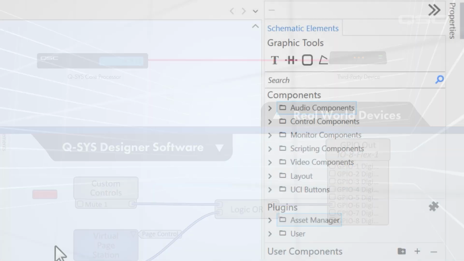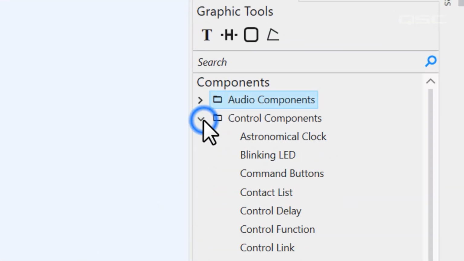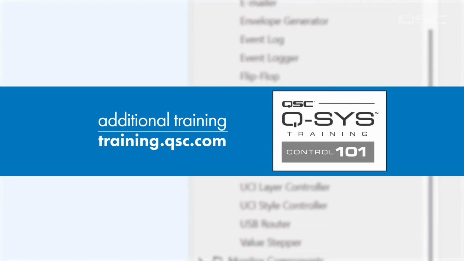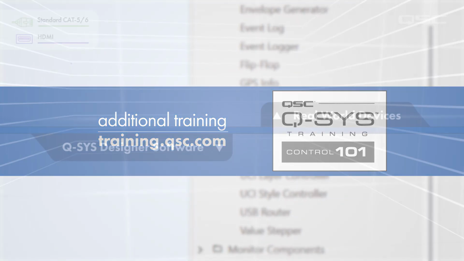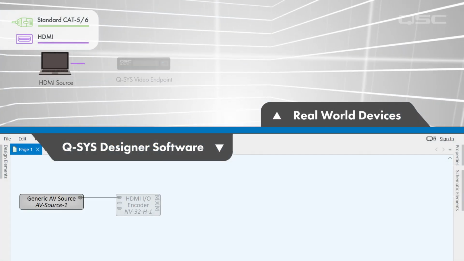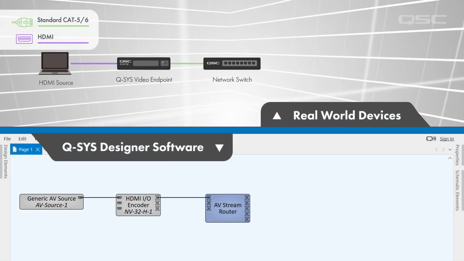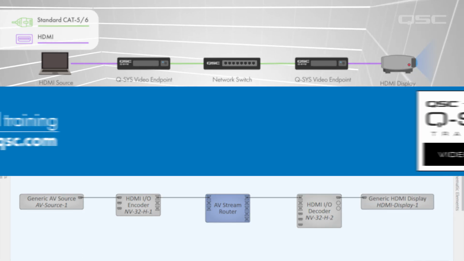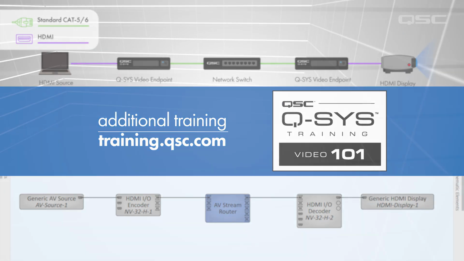Control components will be covered briefly in this QSys Level 1 course, but far more extensively in our Control 101 training course. Video components similarly have their own source components, routing components, and outputs, and are covered in more depth in our Video 101 training course.